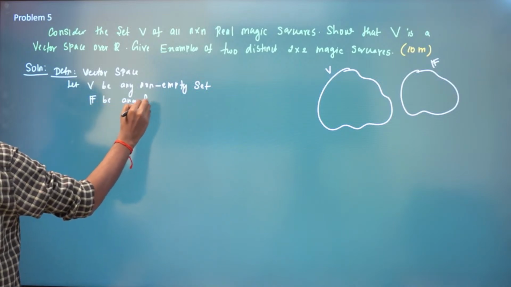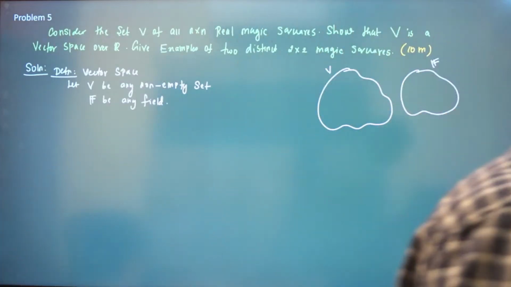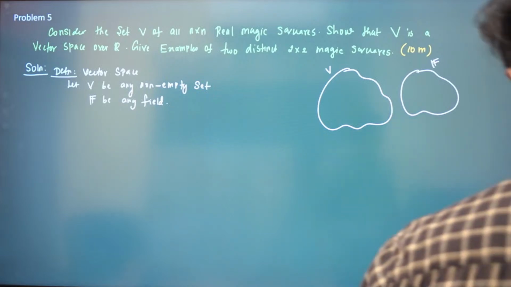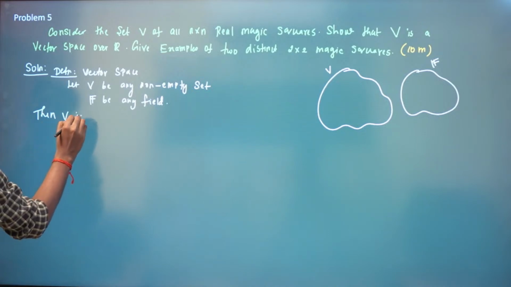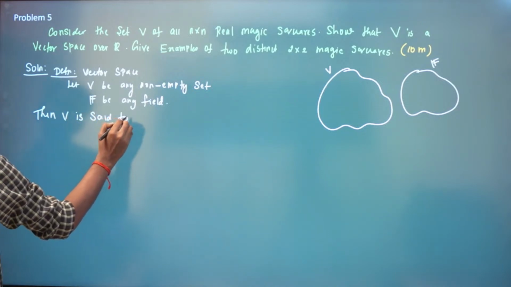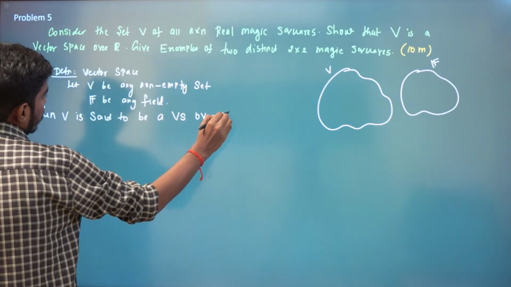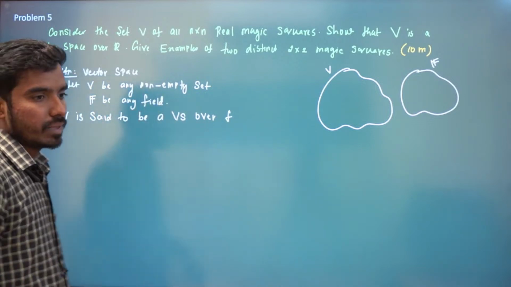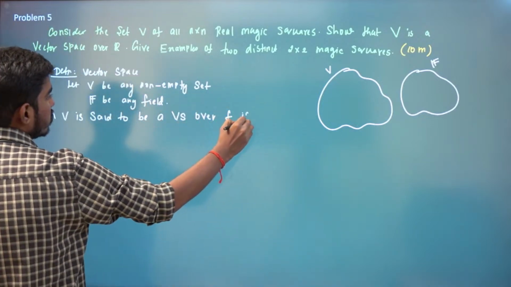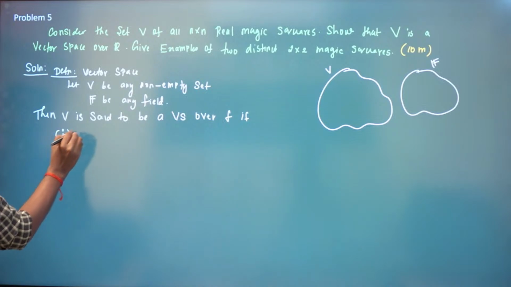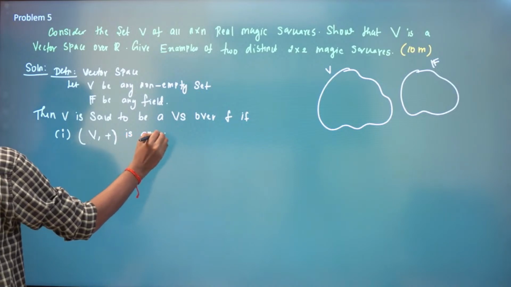Then this V is said to be a vector space over F. Then V is said to be a vector space over a field F if you define addition and scalar multiplication as follows. Over F, if your V with respect to plus is an abelian group,